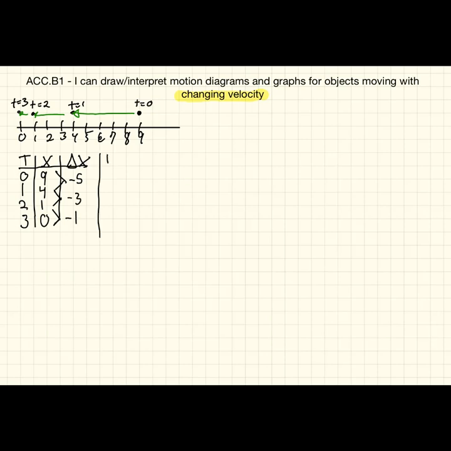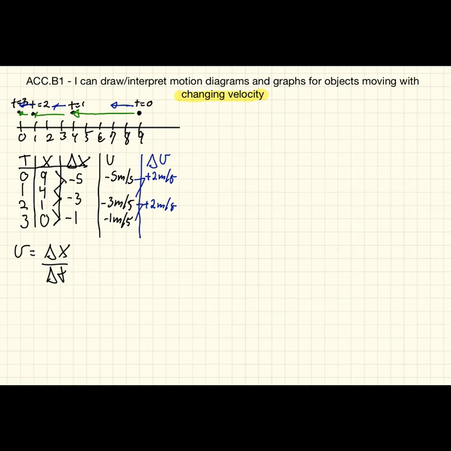And for us to convert that to velocity, we know that we have to take that change in position and divide it by the time that it took. So we have as our velocities -5 meters per second, -3 meters per second, and -1 meters per second. And if we go back to the diagram, we again see that our velocity and our change in position are parallel to each other. So it still points to the right, although we see that it's decreasing, or by decreasing, we mean that each second that goes by, we are adding 2 meters per second